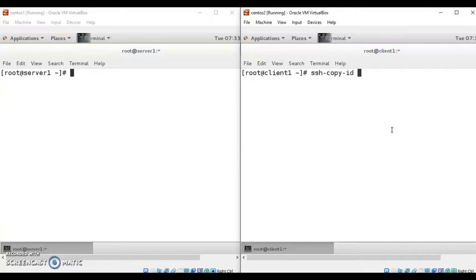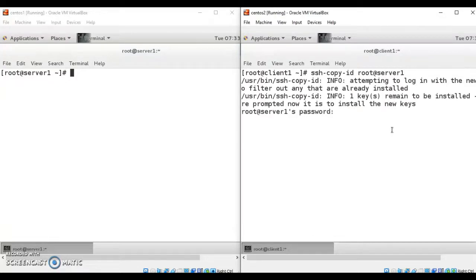This command will automatically copy the public key to your server machine, and for that you just need to provide the name of your server, where you want to copy: root@server1, and then press enter. It will copy the ID to your server machine.